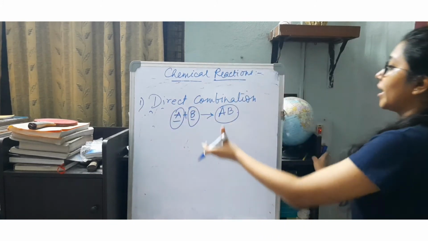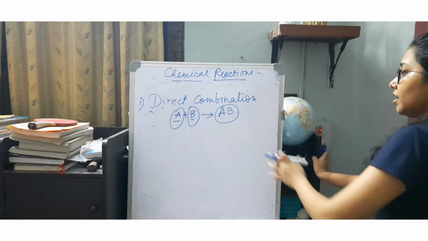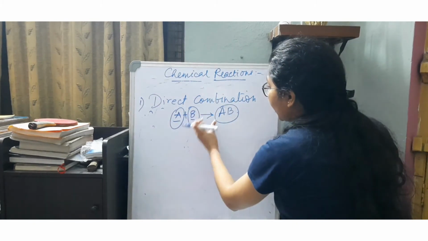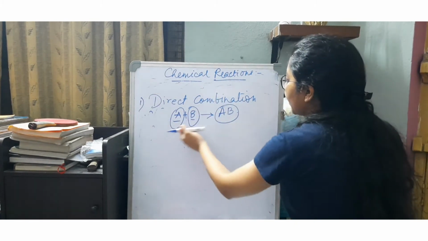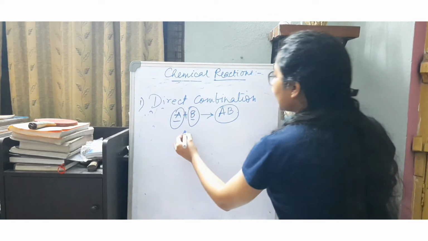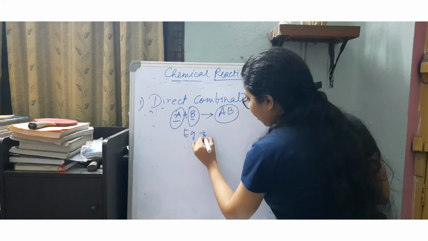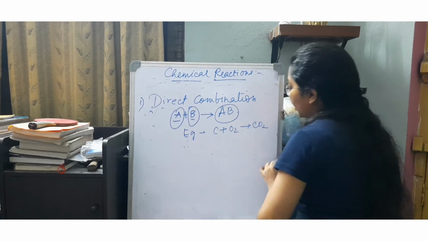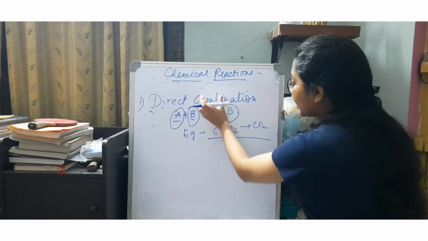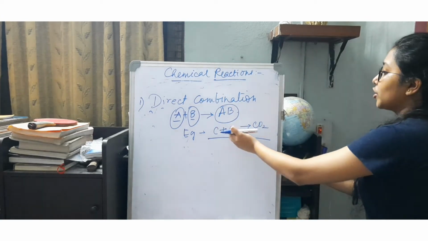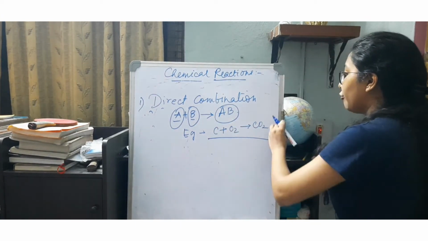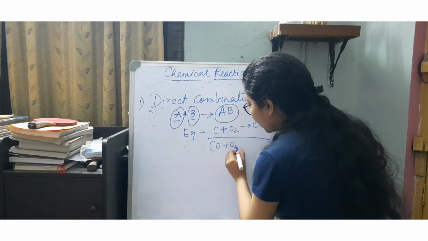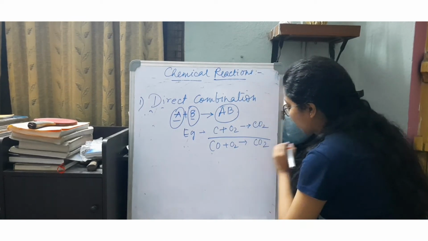Two particular reactants joining together to form a product, that is, they are directly combining, or you can call it the synthesis process where they are synthesizing this particular one. So let us see certain very common examples. The first, very basic one: carbon plus oxygen forming carbon dioxide. A very common example of a direct combination reaction where they are directly combining to form the CO2 gas. Then you can also go for carbon monoxide getting oxidized to carbon dioxide.